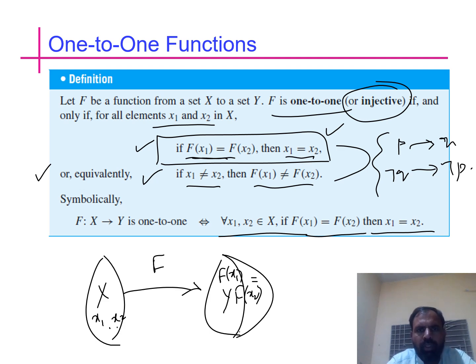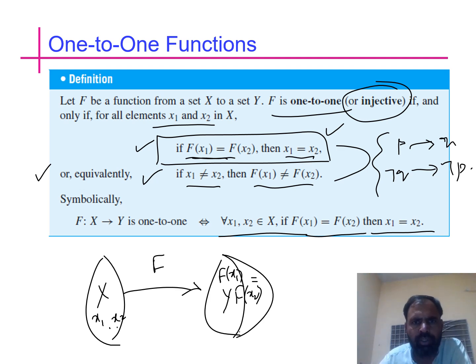Now we discuss one-to-one functions. What is one-to-one? Actually, it is an injective function. One-to-one means one input, one output, and the same output is not for any other input. If we discuss the definition,